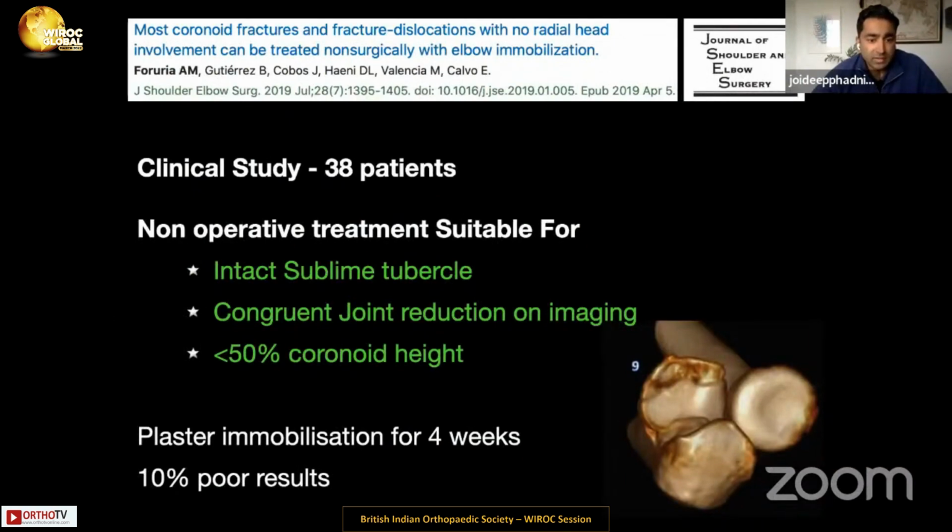This clinical study from Spain also demonstrated that fractures involving the sublime tubercle needed fixation. If the joint was incongruent on imaging, it needed fixation. However, many fractures with congruent joints and smaller coronoid heights could be treated successfully non-operatively. However, in some of their patients, they had poor results, and that was because of lack of lateral ligament stability